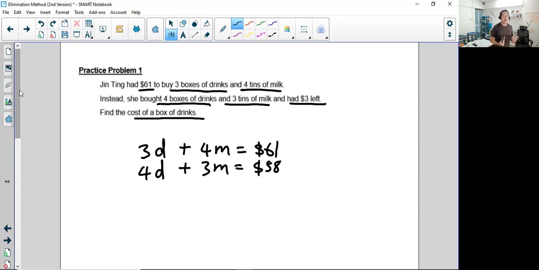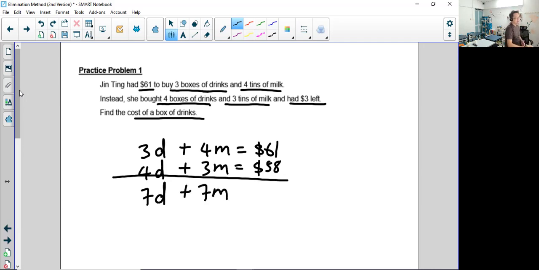Then that particular way that we want to use cannot work. Cannot work, right? Because in this statement, we can't do anything. And the worst thing to do is, what can we do? Some of you who are quicker, who are able to think, you plus them all together, which is 7 drinks plus 7 tins of milk, and then you equal, right? Some of you who are able to think like that, you plus them all together, and then $61 plus $58,